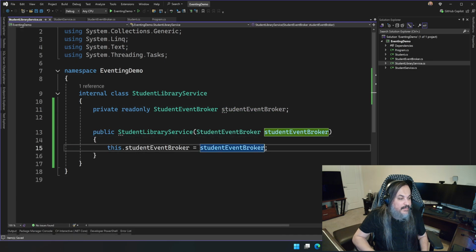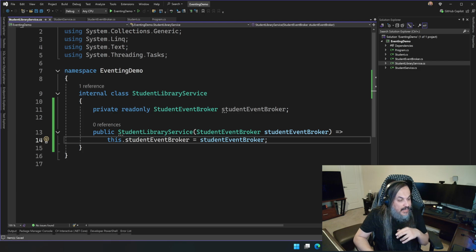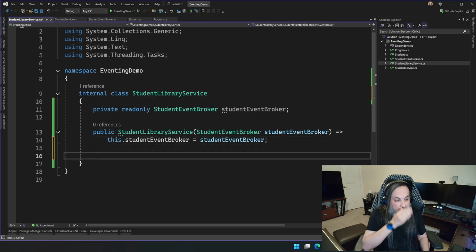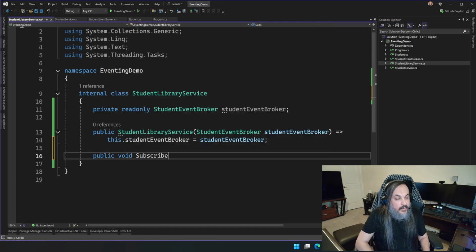Right? It would have been nice if the constructor generation is smart enough to give you that kind of fat arrow, but here we go, right? And then I want to sign up and subscribe to the student events, right? So I'm going to go here and say public void subscribe to student add event,